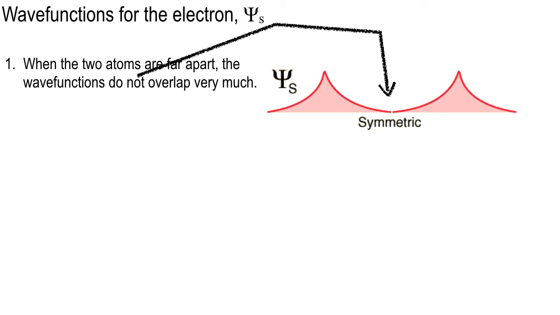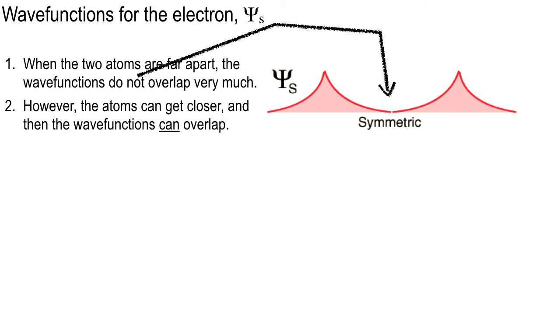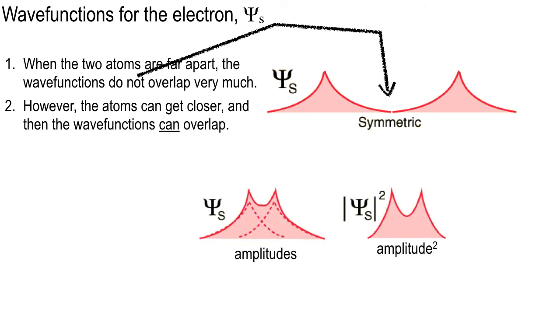Now, as you bring the atoms closer, you bring the mountain sides of these mountain-shaped wave functions a little bit closer. You can get them to overlap. Now here's what the overlap looks like. You can see in dotted lines the original wave functions, and the solid line shows the sum of the wave functions. This would be like with audio signals, signal 1 and signal 2, and then the combo signal. In this diagram, the solid red line is the combo signal.